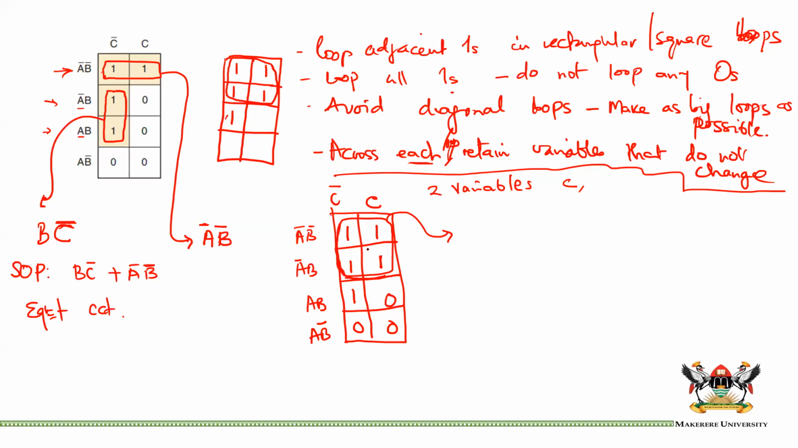Also, when we look from this direction, we can see that A inverse is constant, but B changes from B inverse to B, meaning that B will also be eliminated, and we end up with A. In fact, A inverse, sorry. In fact, that loop has simplified our equation to A inverse. Whereas here, because we were making loops of 2, we ended up with 2 variables, but because here we made loops of 4,